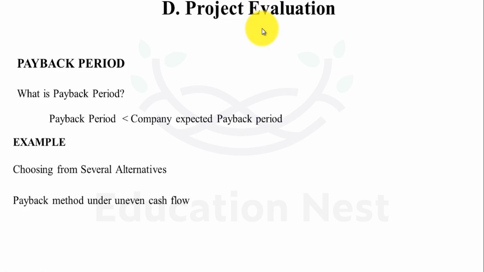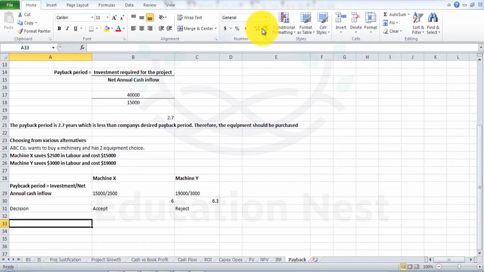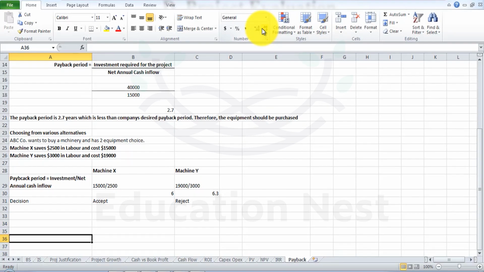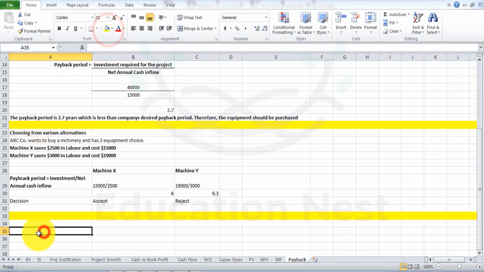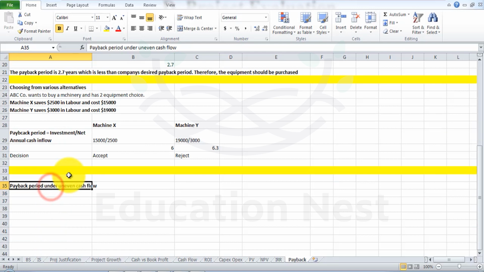Now the other is the payback method under uneven cash flows. So here we're going to put a line saying that this is over, and now we're going to do payback period under uneven cash flow. So till now, whatever methods we have done, we have assumed that all the projects are